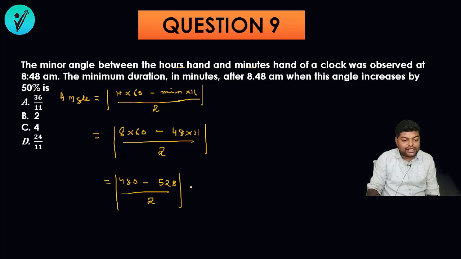So 48 by 2 will be what? It will be 24. So the angle that will be formed is what? It will be 24 degrees. Okay, take it. Now if anyone has